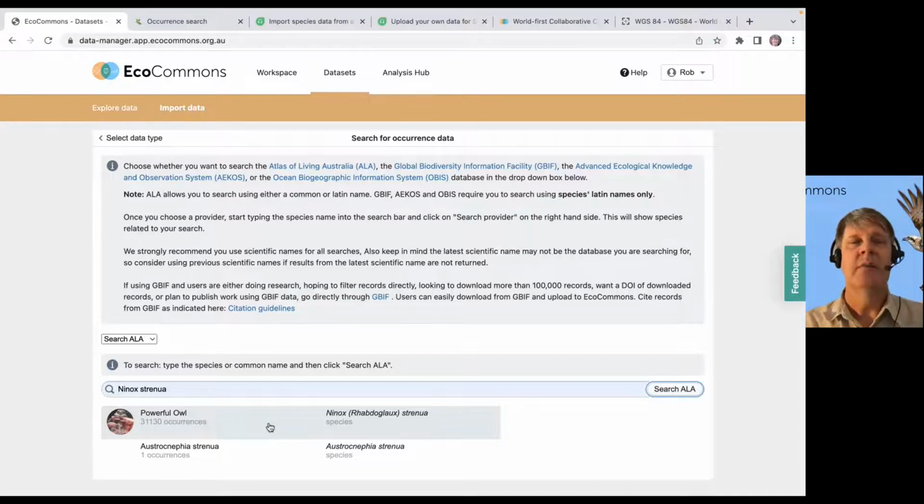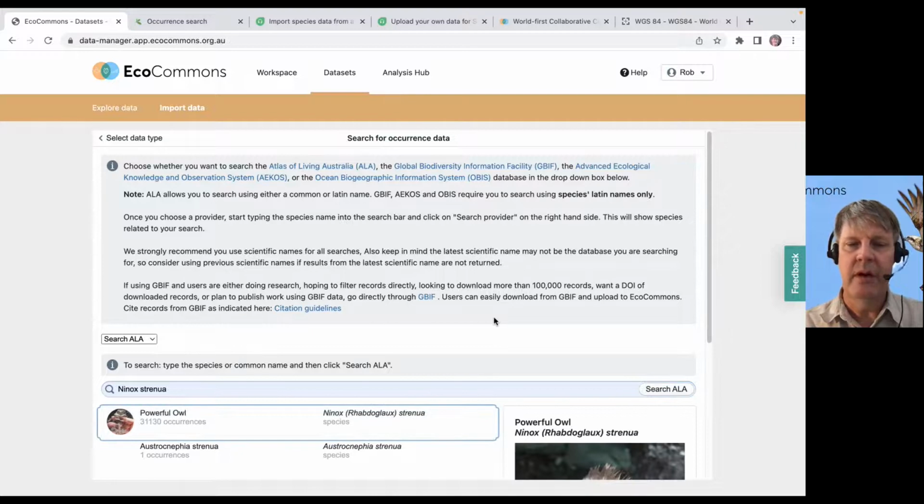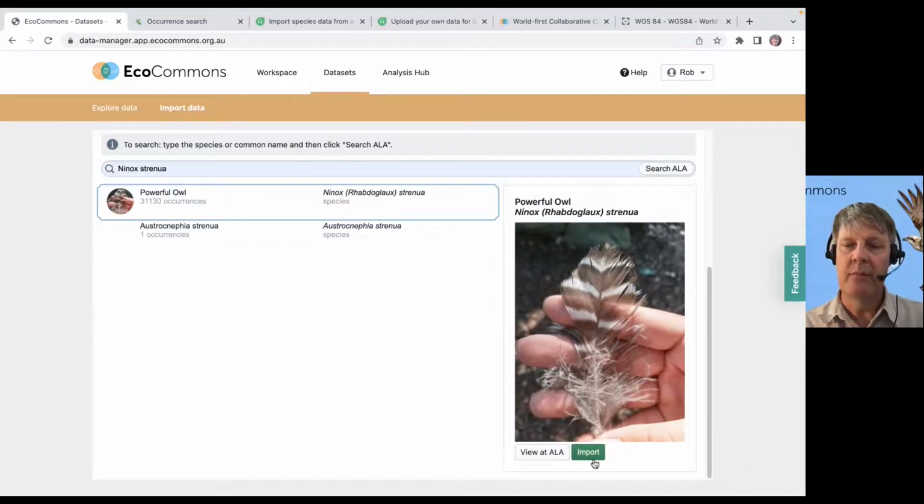Generally, you can try a common name, it might work. You also just want to keep in mind there might have been some taxonomic changes recently that aren't reflected in the database. You might have a new taxonomic name that isn't in the database yet, or if you're using the new taxonomic name, it might not have updated in the database to be linked to the old one, but usually that's already happened. But anyway, just keep in mind that taxonomy changes. When we select powerfowl and go to import,